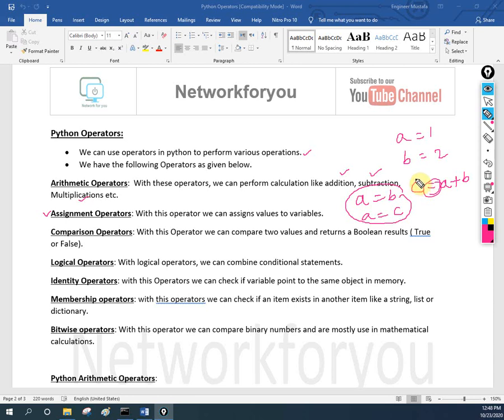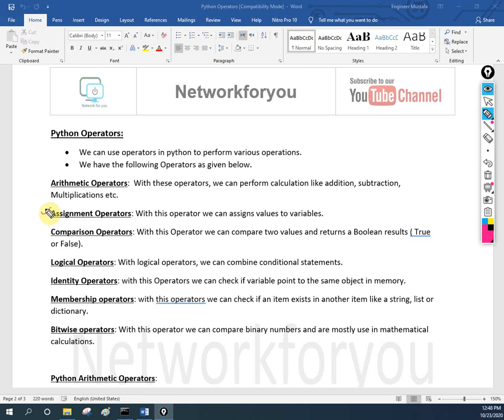If you use (a + b) whole square, then we write a square plus b square plus 2ab, and if anyone gives you the values a = 1, b = 1, you put in the values and find the final answer. In the same way we have the operators here also. We are going to use the assignment operator to assign a value to a variable.